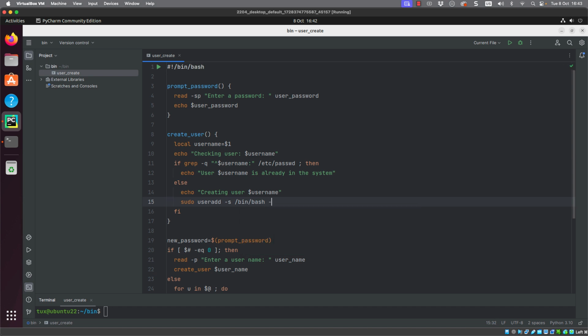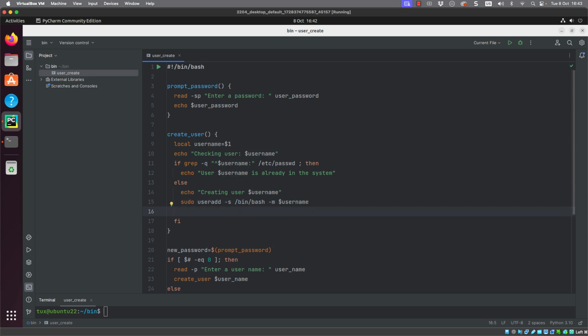The -s option is setting the default shell. The -m option is specifying that we do create the user home directories when we create the user. So we can ensure that the script runs correctly each time. Obviously, we need to pass our variable through, so $username.